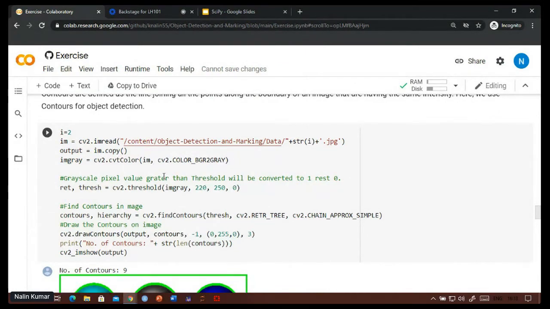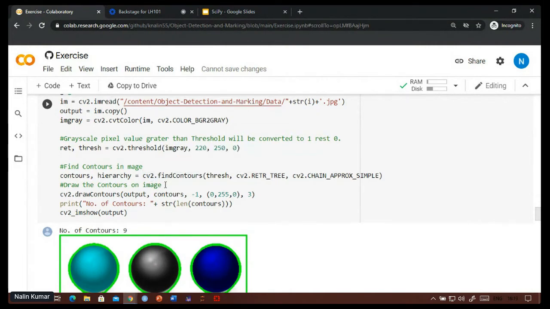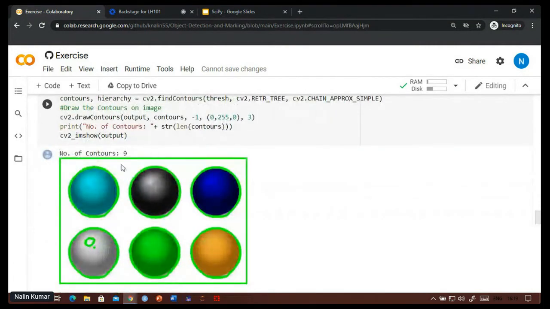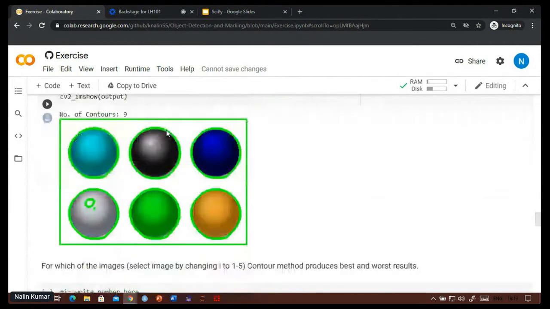So you are changing the grayscale image to a black and white image. That is the threshold. Then you apply the contours function, which is available in CV2, and to count the number of objects, you just count the number of contours in the image. Here, as you see, these are the contours.